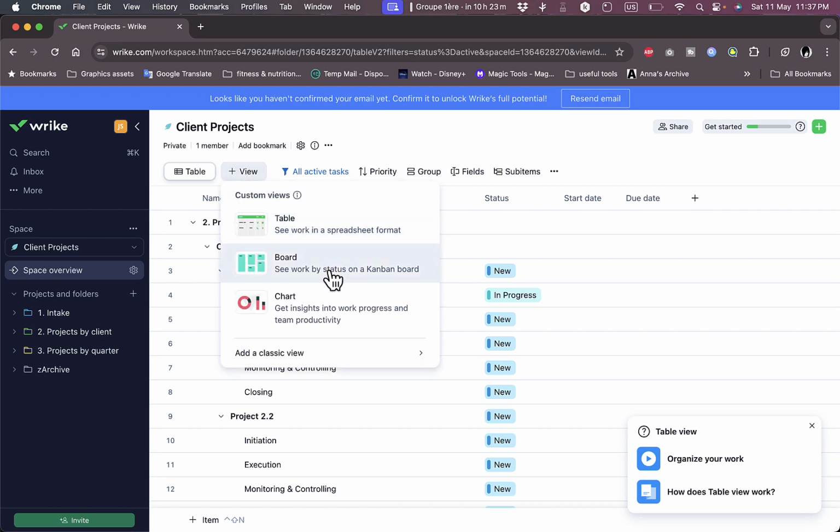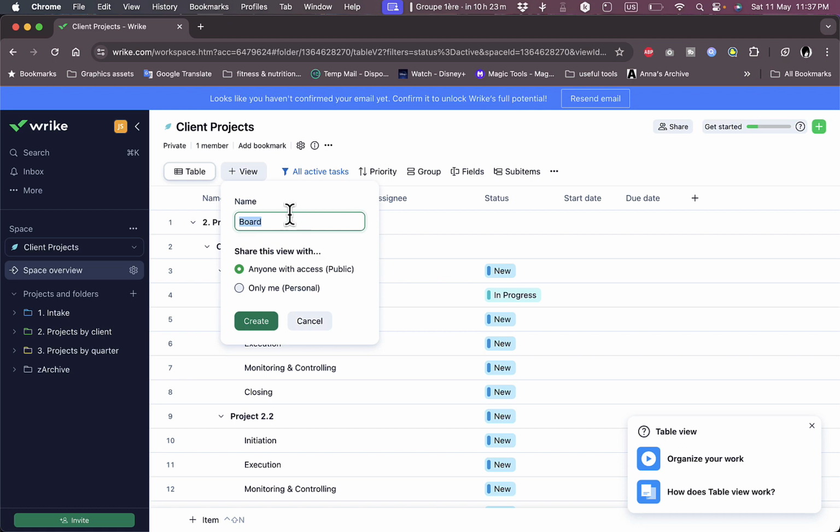Here I have table, board view, such like Trello, and I have chart view, and I can add classic view, classic board view. So let's add a board here. And let's name it test board. Okay, anyone can access, create,